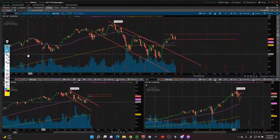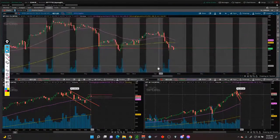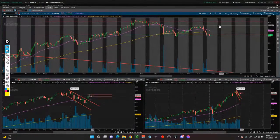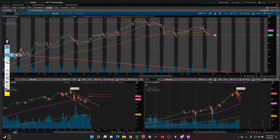Good long entry, I see, right? Let's start down to the hourly just to see what is happening. On the hourly, we see this bottom right here. It could be a double bottom, meaning it could shoot up to the upside. That's one potential, right? Double bottom here